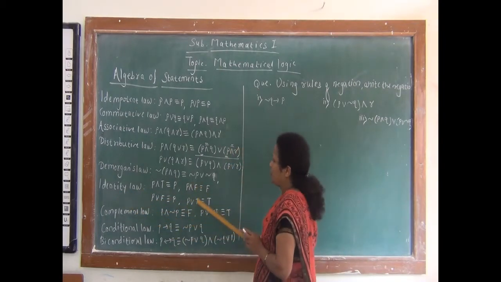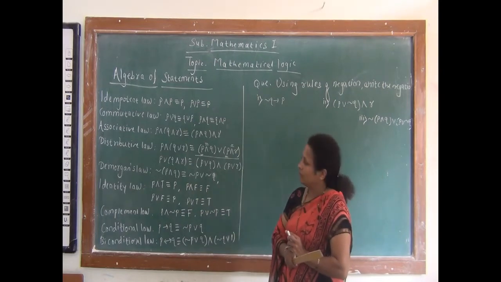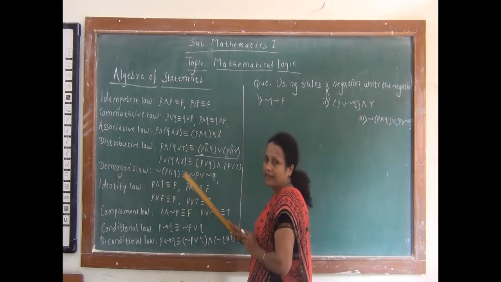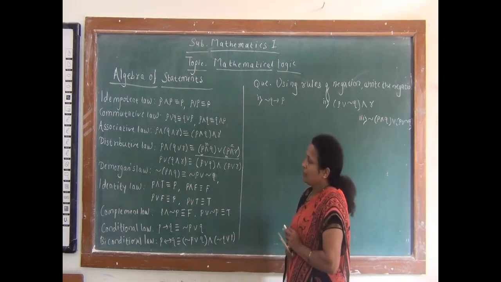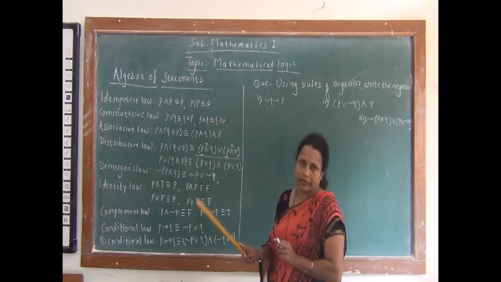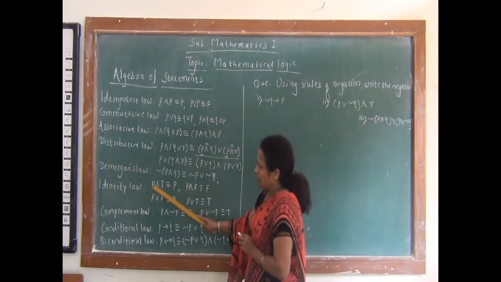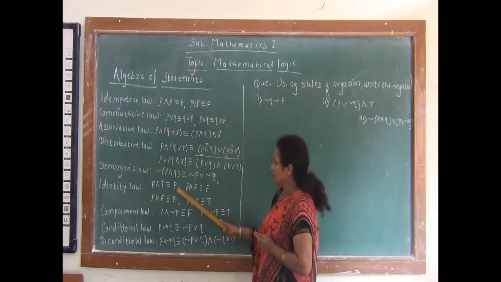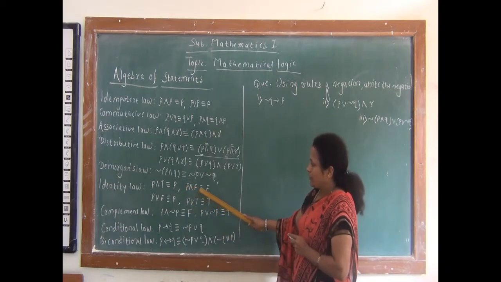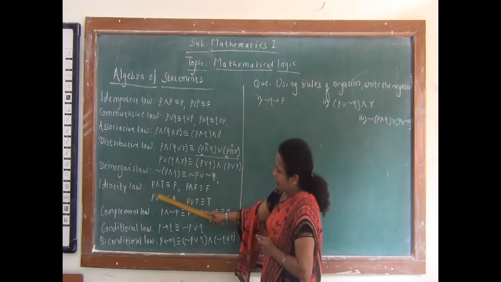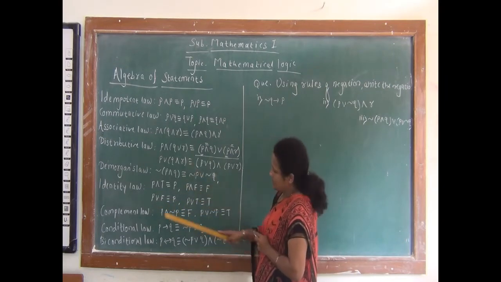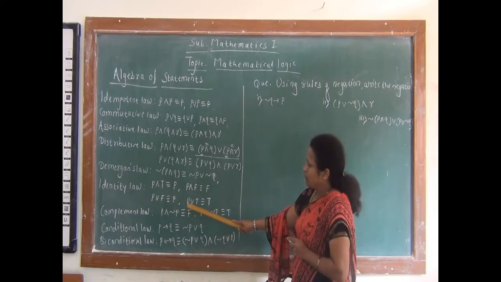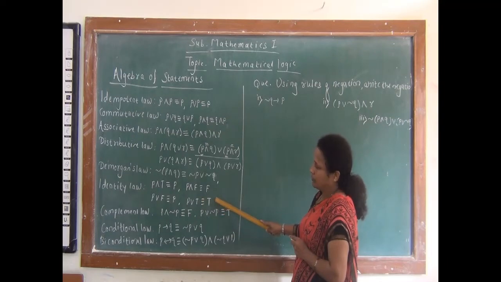So here we have four statements. First we write this identity law for capital T, capital F, and for the and connective. Here we consider T for tautology and F for contradiction. We consider only one statement P. So the first statement is P and T equivalent to P. Second is P and F equivalent to F. And the remaining two are duals of these. So P or F equivalent to P, and second is P or T equivalent to T.